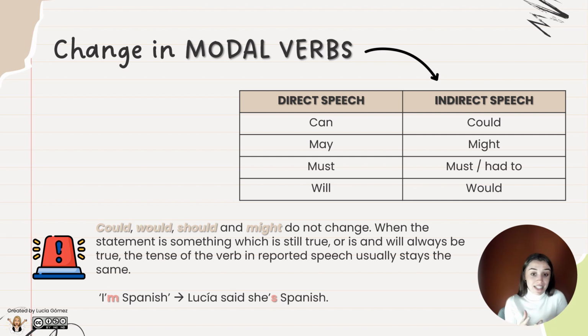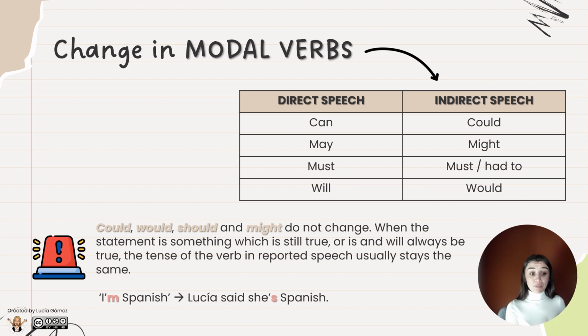Aunque al final, pues a través de la práctica lo acabáis interiorizando muy fácilmente. We need to take into account, as I mentioned before, that some modal verbs such as could, would, should, or might do not change. No hay ningún cambio más allá de cualquiera de estos, okay? And apart from that, it is important to notice as well that it is not always compulsory to change sentences into reported speech. Lo más seguro es que de cara al examen, pues obviamente todas las oraciones cambien y mostremos